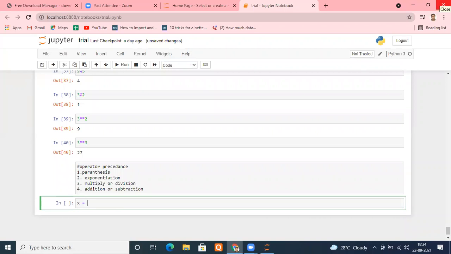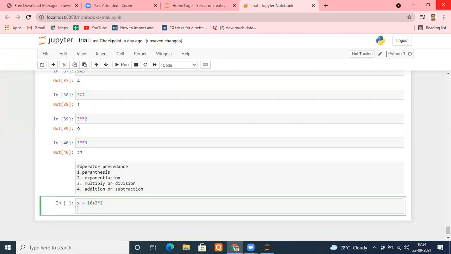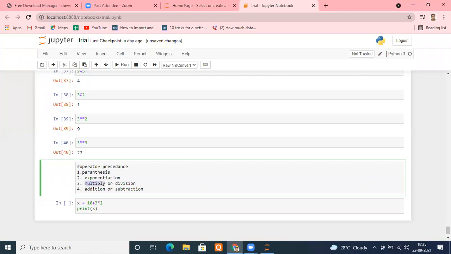Suppose x equals 10 plus 3 multiply by 2. Now I want to print x. Understand what it will result. Always see the operator precedence. Among the two operators here, addition and multiplication, multiplication has the higher priority.